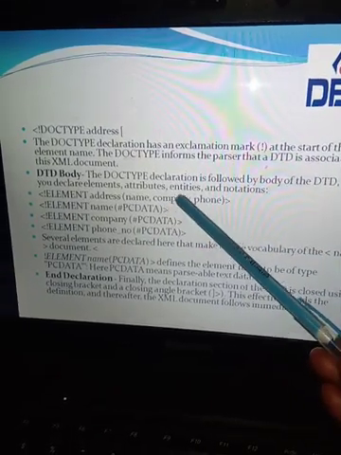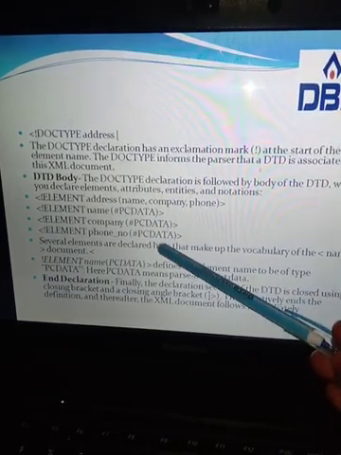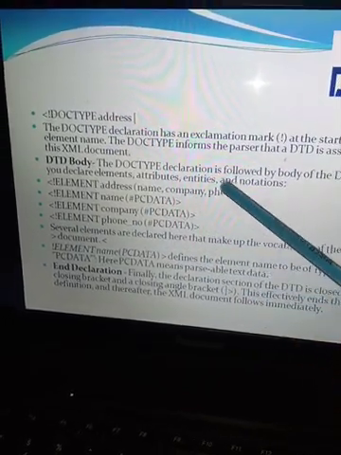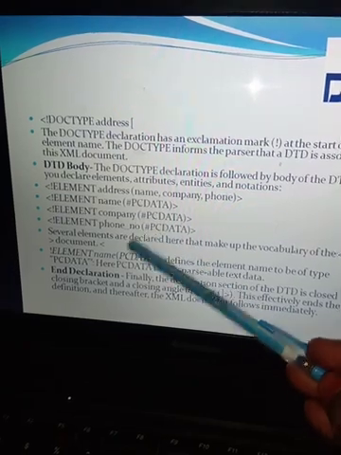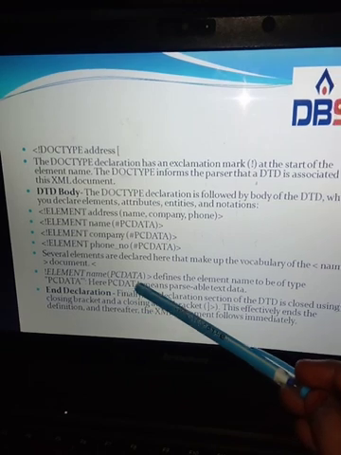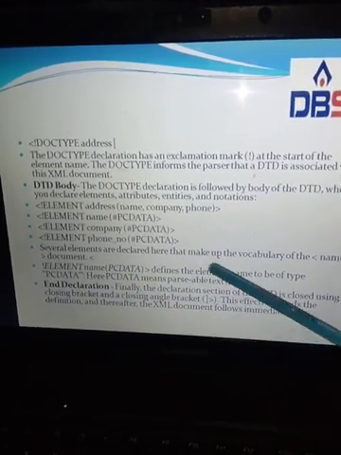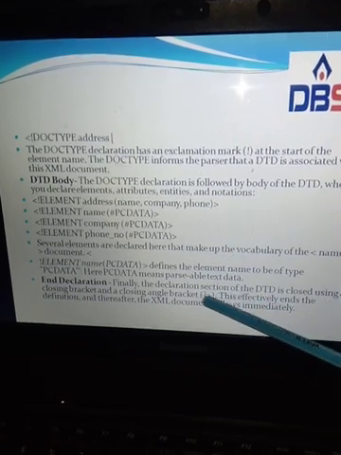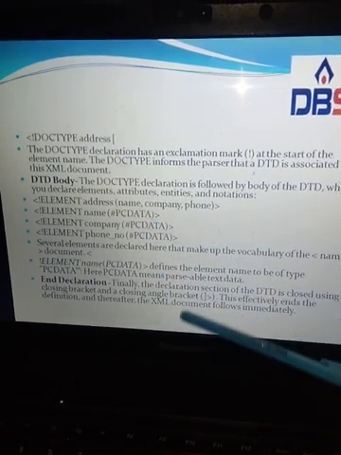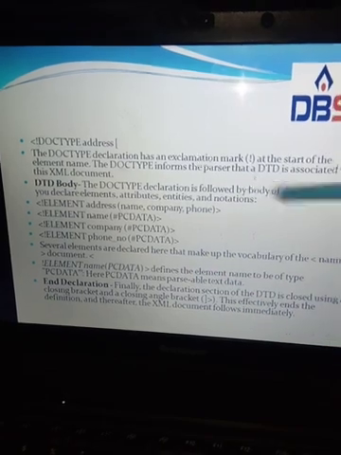Next it is followed by the DTD, which holds elements, attributes, entities and notations. Here, address, name, company, phone number: several elements are declared. Next, in element name, PCDATA means parsed character data; it defines the element name of a type. Next is the end declaration. These are the three declarations used in internal DTD.